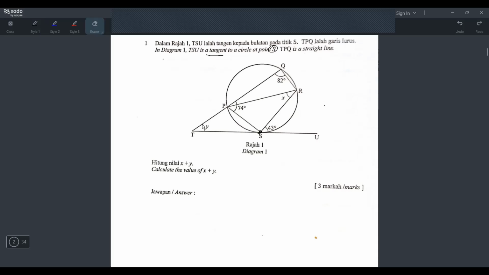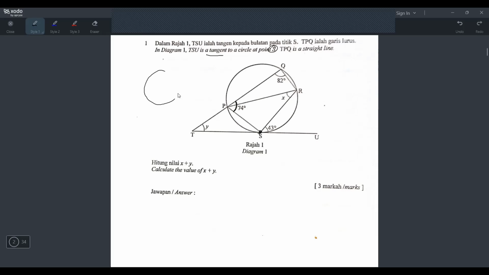And then they say TPQ is a straight line. Okay, this is a straight line. So definitely we can find this angle later, because if it's a straight line, I can take 180 minus 74 to get here, right? So look carefully, the 74 is not just for this, it's the whole. Yeah, just look at the line. Okay? And then they say calculate the value of x plus y. Okay, there's a few things you need to know. First,